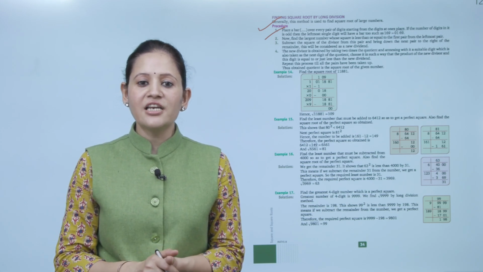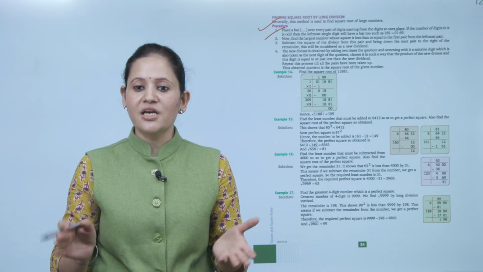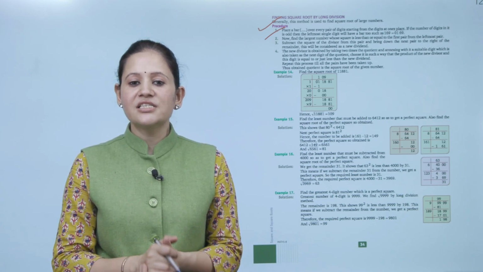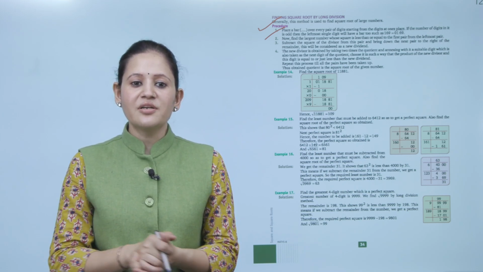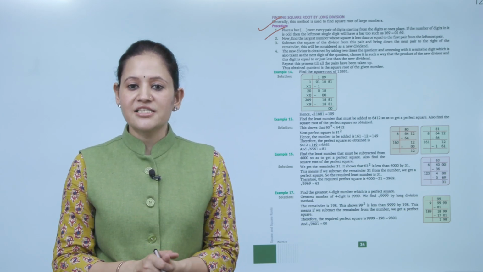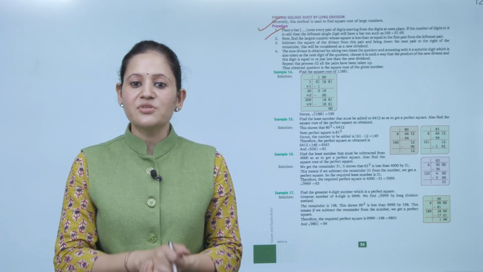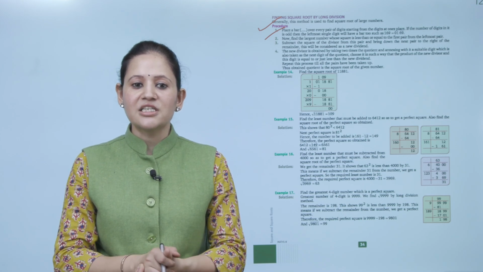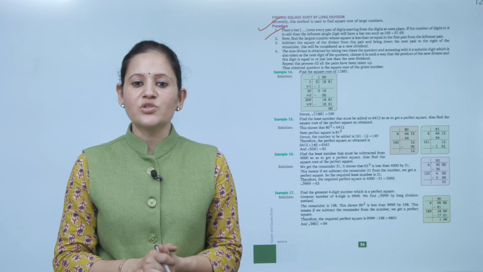Now find the largest number whose square is less than or equal to the leftmost pair. Subtract the square of the divisor from the pair and bring down the next pair to the right of the remainder. This will be considered as the new dividend. The new divisor is obtained by taking 2 times the quotient and annexing it with a suitable digit, which is taken as the next digit of the quotient.